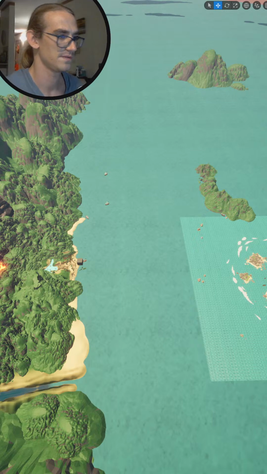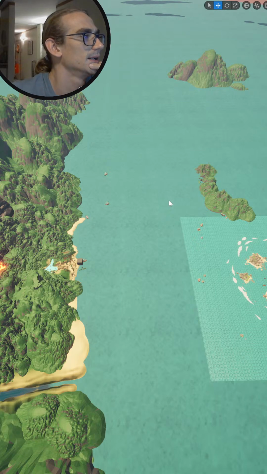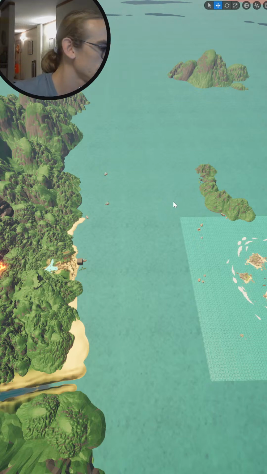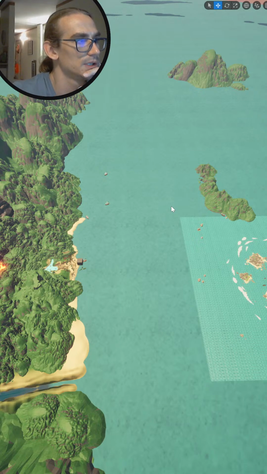Just gonna save this up and call it a day. And once I finish actually using all these assets, I don't need to use them all, but I will try to take advantage of most of them, at least. Yeah, the idea is to use them all somehow,